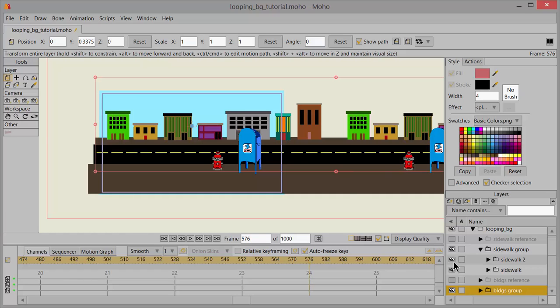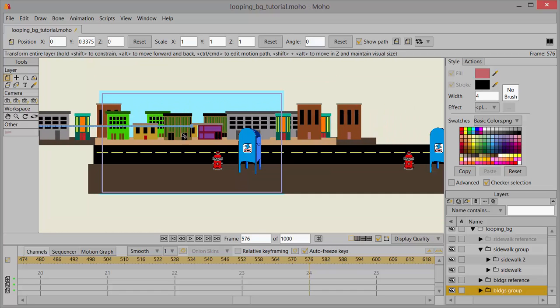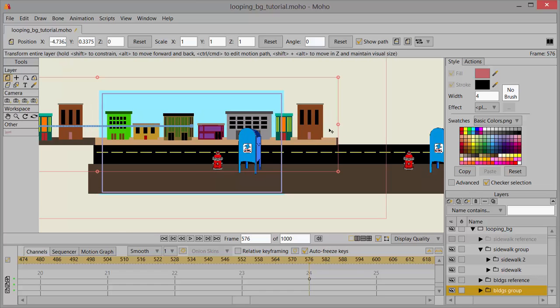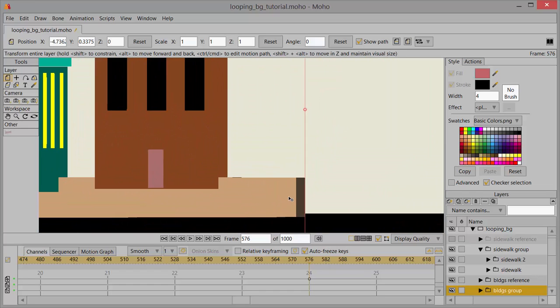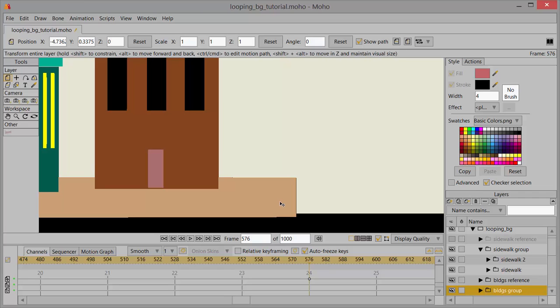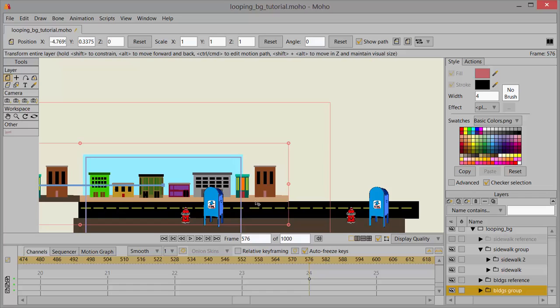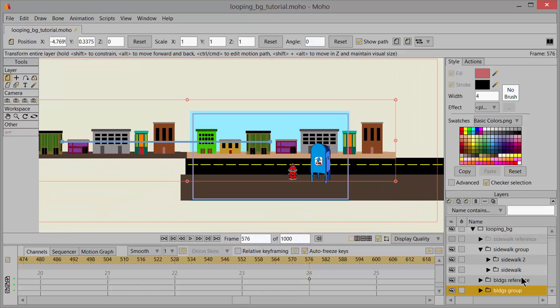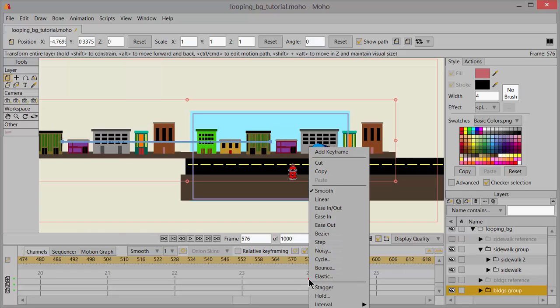So again, I'll have to use my buildings reference, right? So I'll turn that back on, and then with the transform layer tool and holding the shift key down, I'll go through that same process, and let me zoom in so that I can make sure I match up using that different colored sidewalk as a point of reference, right? And then I can turn off the buildings reference again,